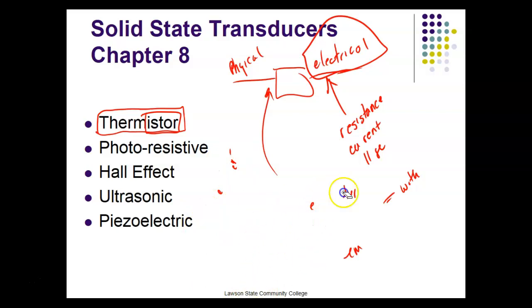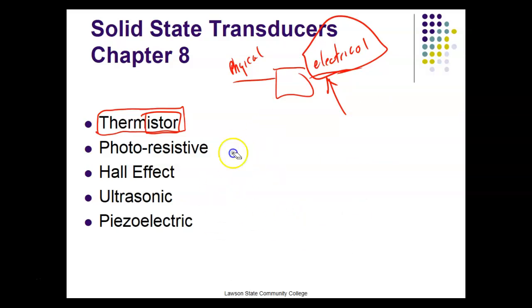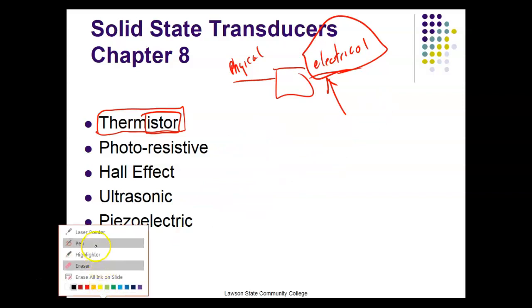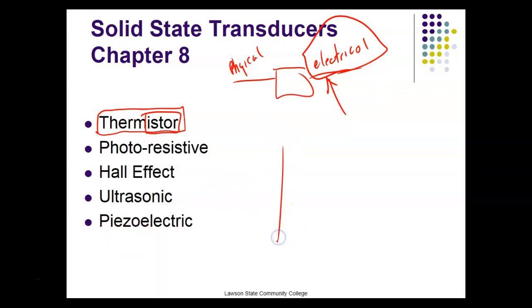So what happens, though, is that the temperature that it measures, or the resistance to the temperature, so we'd be dealing with this, so it goes down. So this would be temperature, and this would be resistance. The curve looks like this,